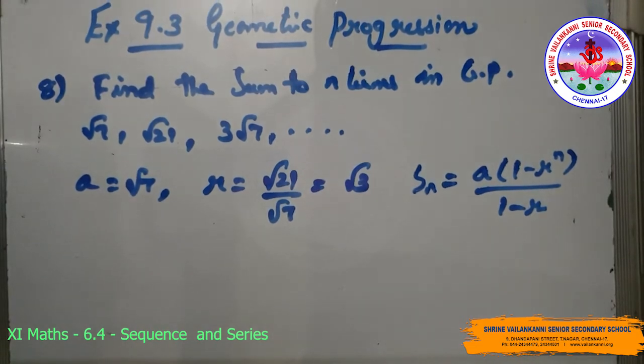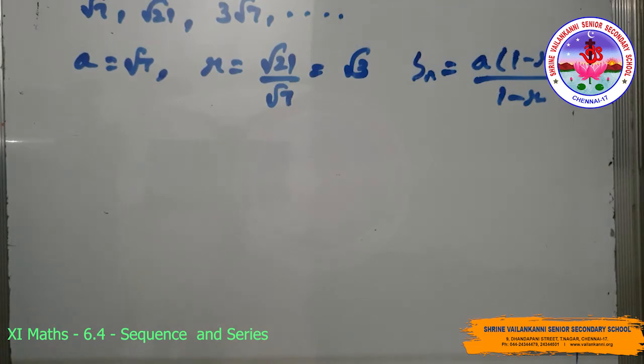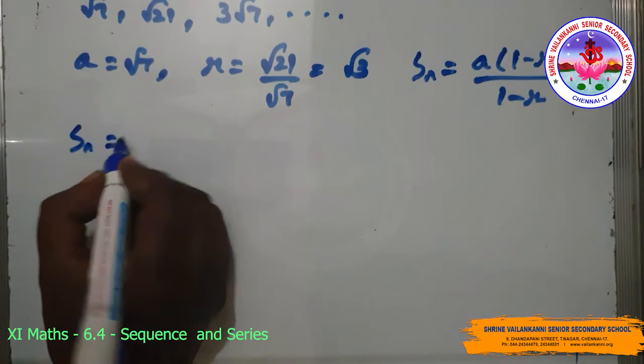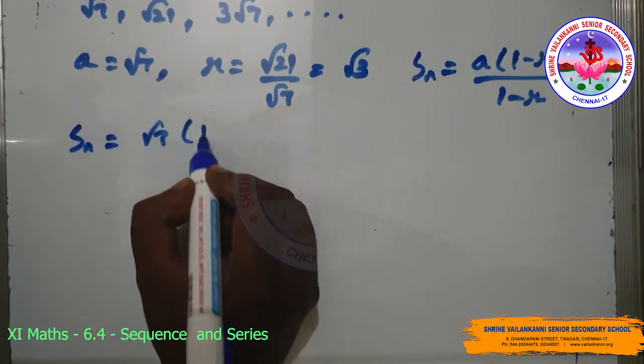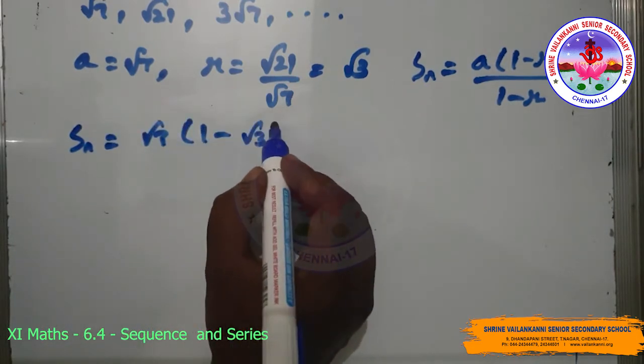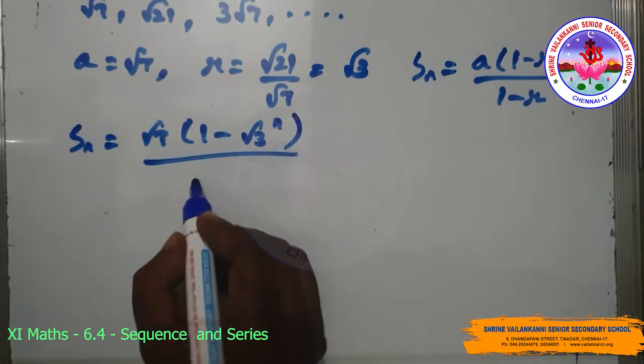You can do it by yourselves. Just pause the video and try. Let's check whether your answers are correct or not. Hope you all have done something. So let's continue. Sn is, A is root 7, (1 minus root 3)^n by (1 minus